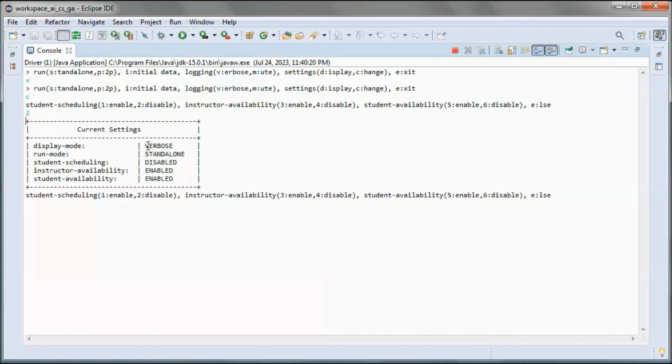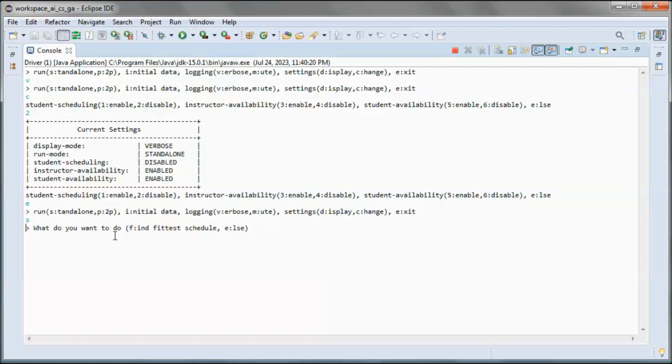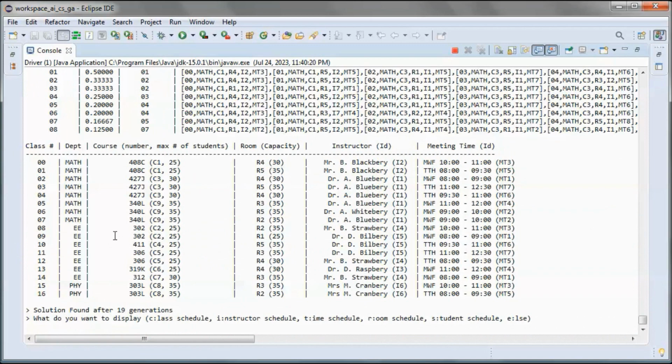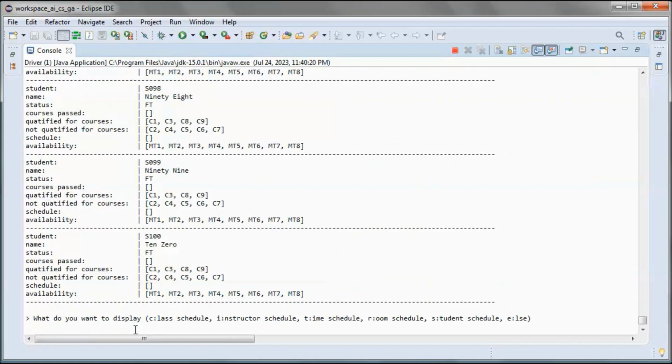So here we are running in verbose, and we disabled the student scheduling. So same thing, standalone, and let's find the fittest schedule. Okay, so we found the fittest schedule after this number of generations, and it's much fewer generations since we did not do any student scheduling.